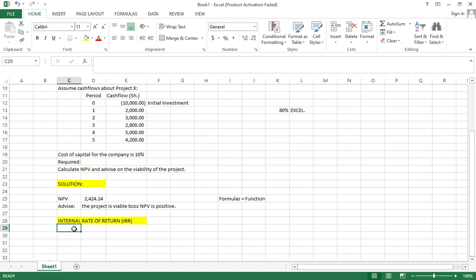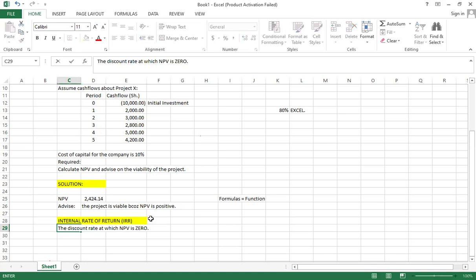Just note that this is the discount rate at which NPV is how much? 0. Please note, ladies and gentlemen,